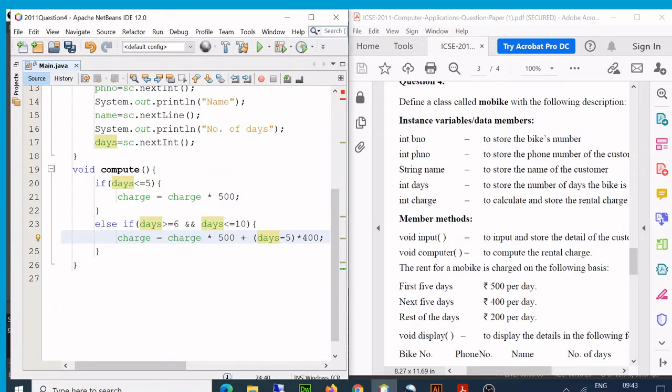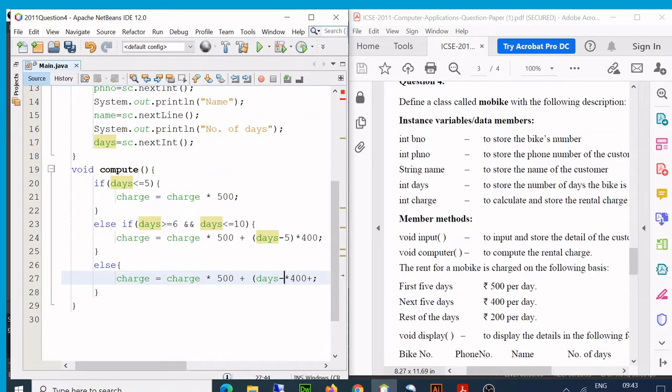Else, and make sure you put these brackets after if and else. Make it a habit, even if it is a single statement, doesn't matter. You will be saved from a lot of problems. So we'll change this formula a little.